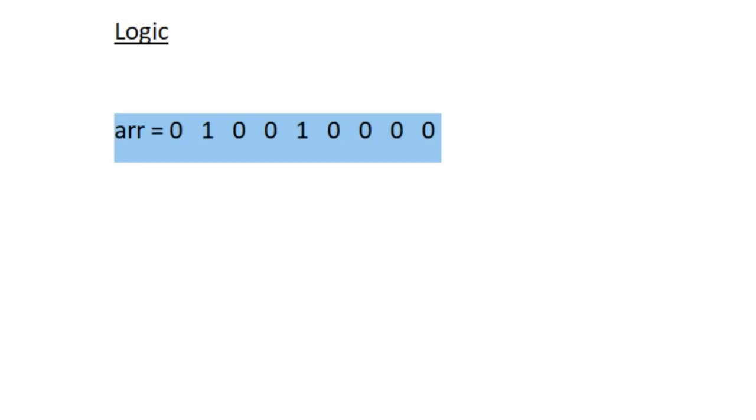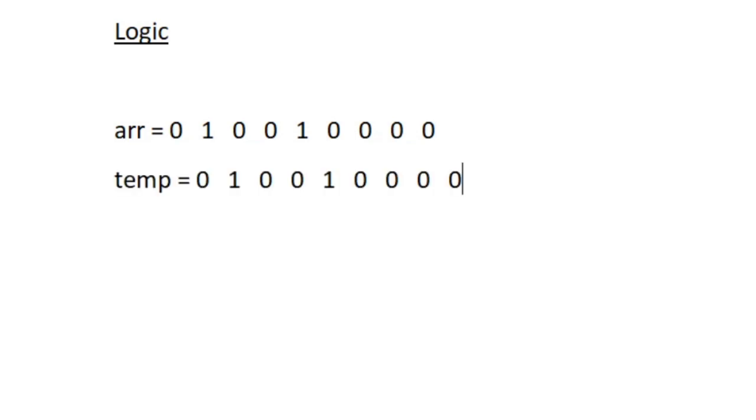So first we will be accepting our input in an array named ARR, and we will also be storing the same input array in another array named temp. So what we will be doing is we will be using the values present in the array ARR, but actually we will be updating in the temporary array so that we will be able to solve the problem easily. So the second integer is 1 in ARR. So it can update the first integer and third integer to 1, but we will not be updating in the array ARR. Instead we will be updating it in the temporary array. So using the values present in ARR, we will be updating in temp.